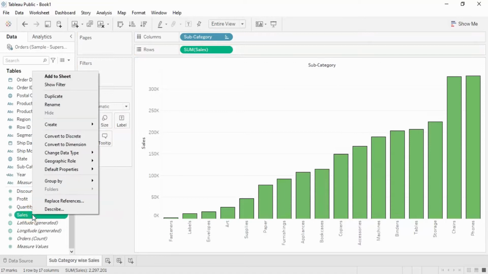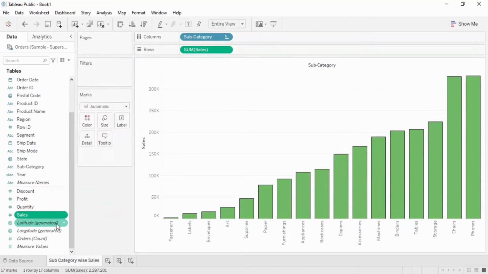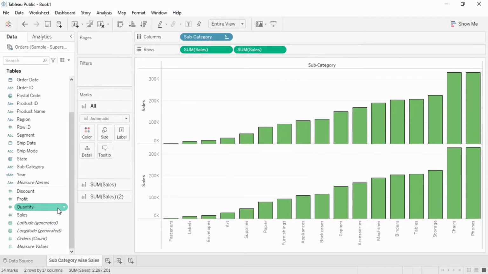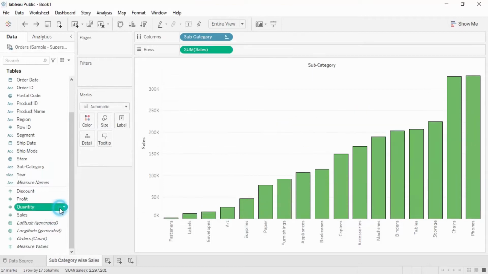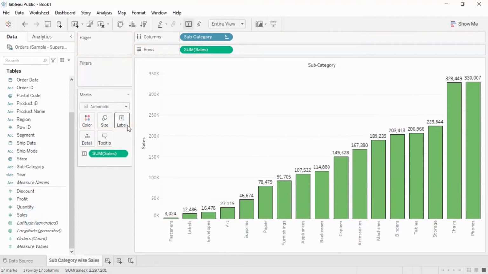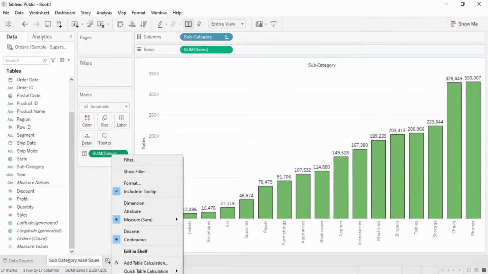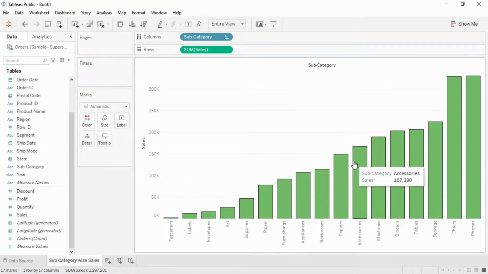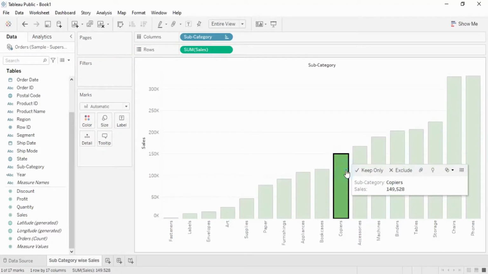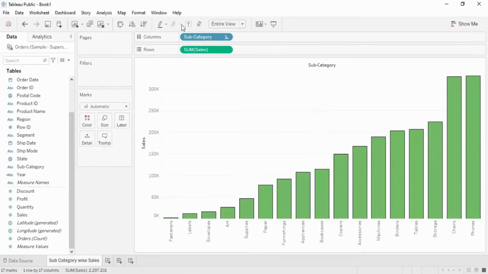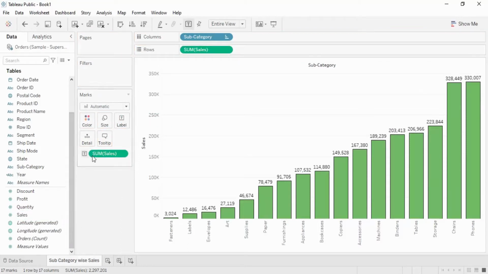Otherwise, if you don't want to do the dragging, what you can do is double click on it. No, actually double clicking would not work right here. So yeah, you can just drag the sales into the labels part, but if you want to delete it from here, you can right click and there is this option to remove, and that would be removed. So that's one way. The second is this labels option, mark labels option. If that is enabled, you can use that directly, so you don't have to go through all this process. But right now I don't think it is available. Yeah, we will see its usage later on. For now, you can just drag and drop the sales option, so the sales value is visible.